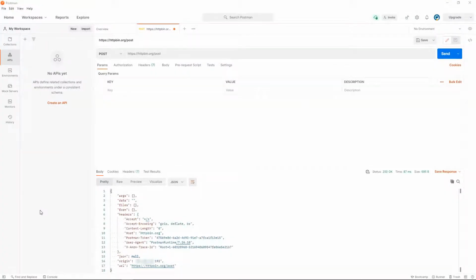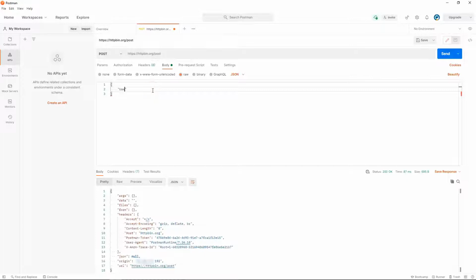In order to test the waters, let's populate some dummy data and trigger the endpoint to see if it's working. In this particular tool, in order to populate the data, we need to navigate to body. I will select raw. I will change the message format to JSON because it is the popular format used by web applications. In JSON, we need to input data in the form of key value pairs. The information they need is user ID.